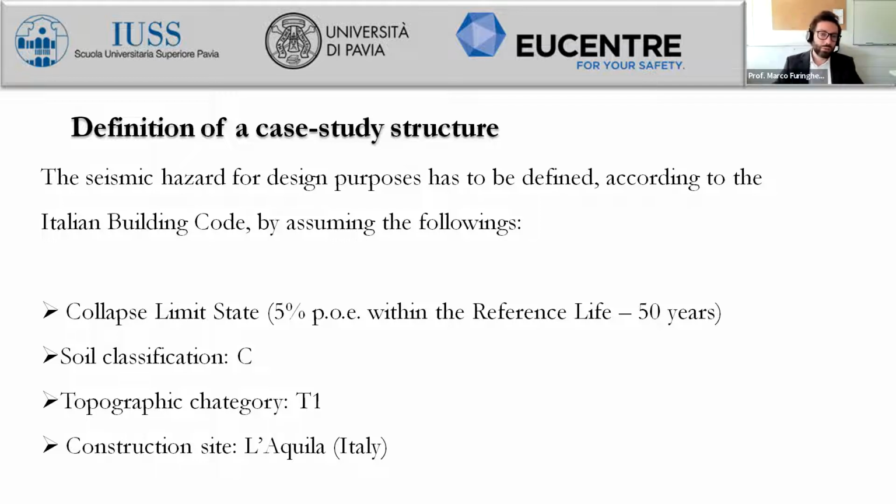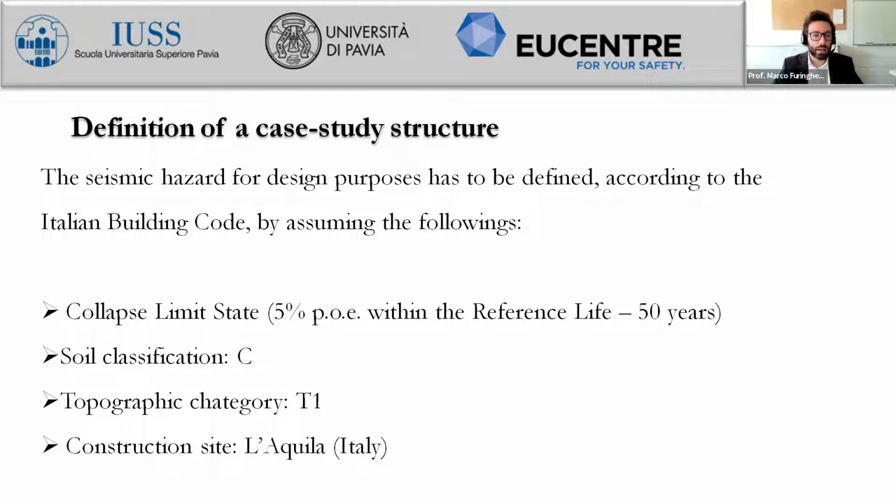Whereas whenever we have to switch to the analysis of the superstructure, we have to consider another ultimate limit state, which is actually 10% of probability of exceedance within the reference life. So we will consider the worst case provided by the Italian building code, which is actually 5% of probability of exceedance. And this probability ratio within this reference life provides a return period for the seismic input